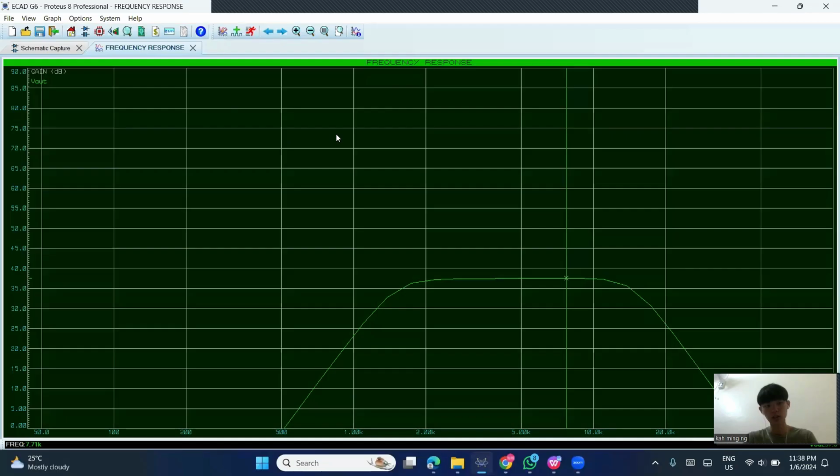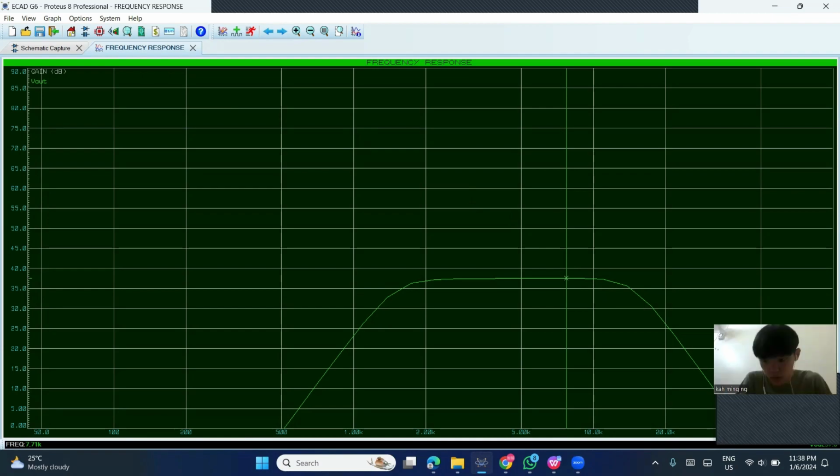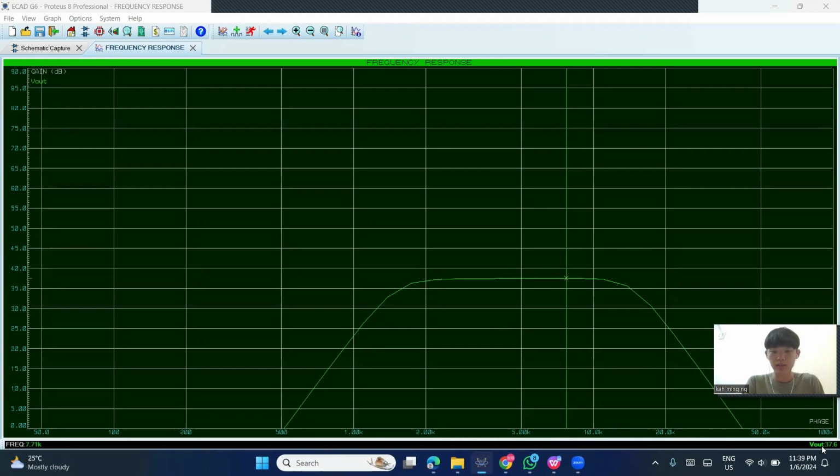This is our simulation result. So you can see the value of the mid gain. From the shape of the graph, you can see it is the same value here, a horizontal line here. The value is 37.6. And if you want to get the value of low cutoff frequency and high cutoff frequency